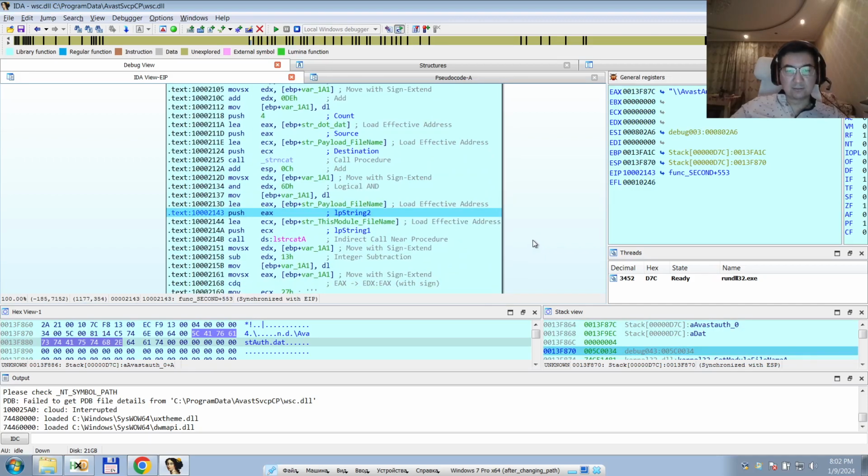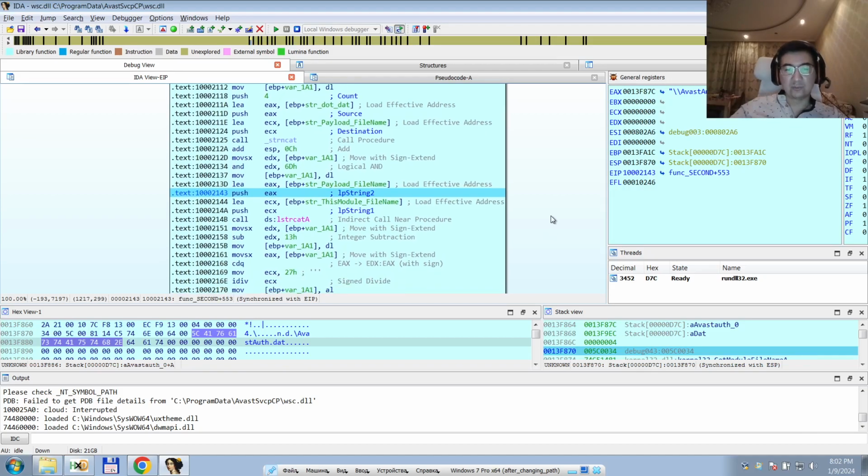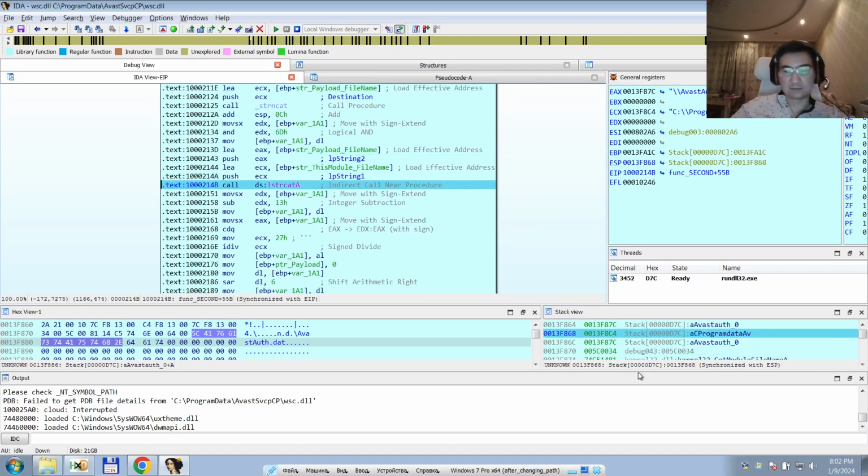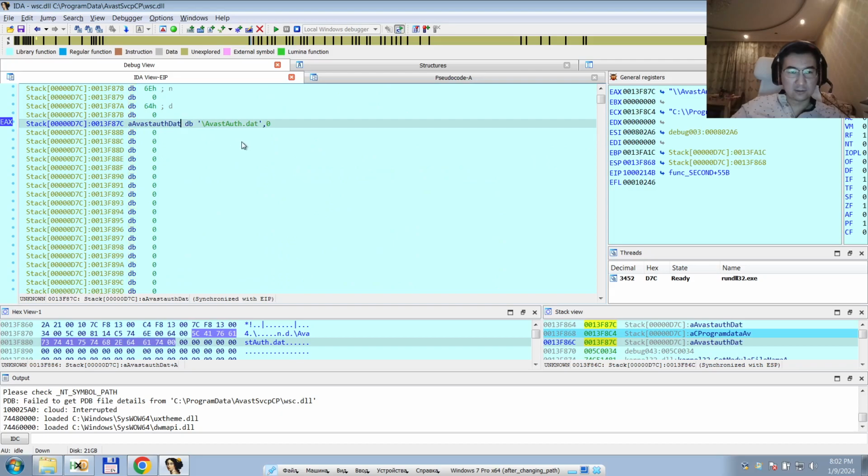Then it just places this. So here it formed the file name of the payload, and then it will try to concatenate this file name with the directory name of the executable that runs the DLL. So here you may see AvastAuth.dat. It is the second string, which will be appended here